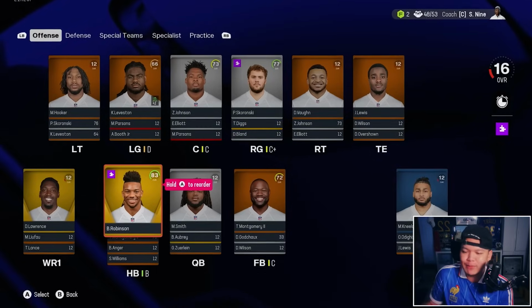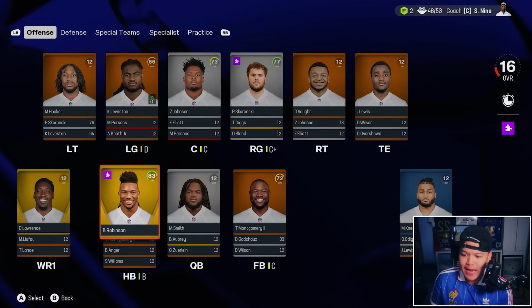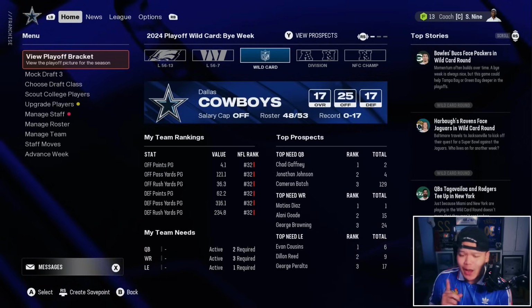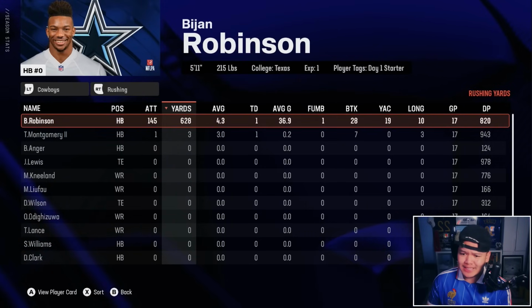I know. If our team was just a little bit better, like if we had some names, I'd honestly go Sherwood, but I need something. I need something to help me out right now. And now, did Bijan make a difference? No. Not yet. I'm sure down the line he'll come through for us as he puts up 628 yards